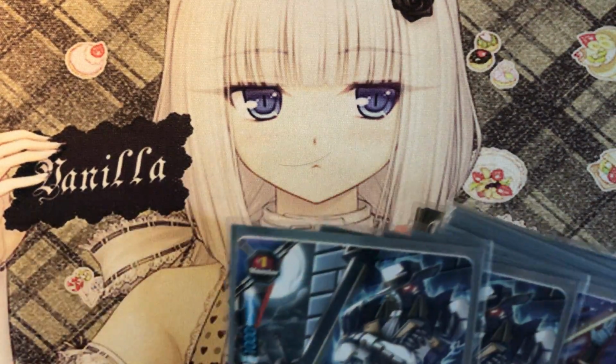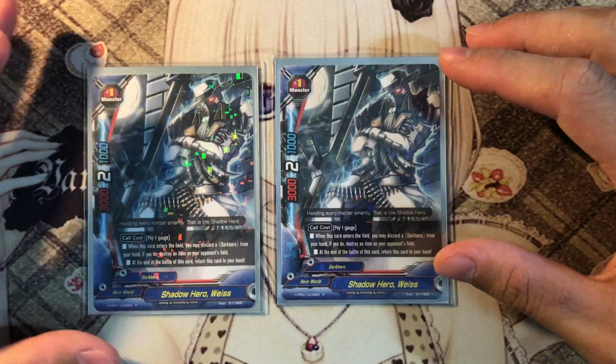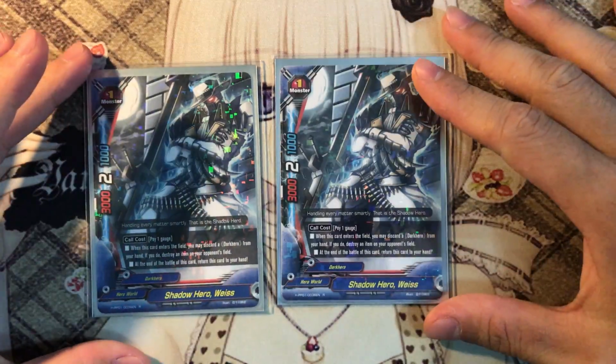So 2 copies of Shadow Hero Ways. I guess we have Ways and Suos. That's pretty cool. The card cost is pay 1 gauge. When this card enters the field, you may discard a Dark Hero from your hand. If you do, snipe off 1 opponent's item. So it's really good against...